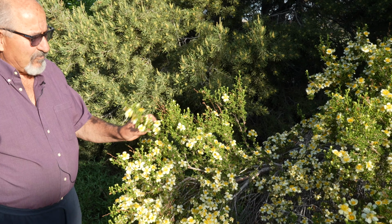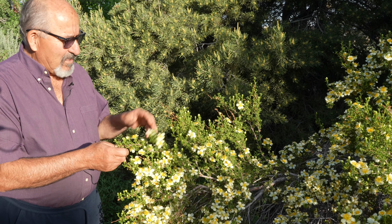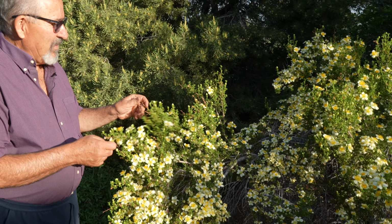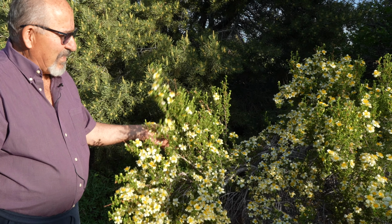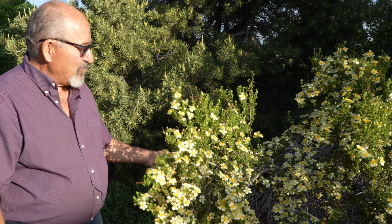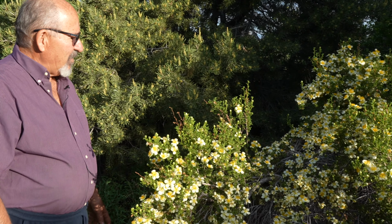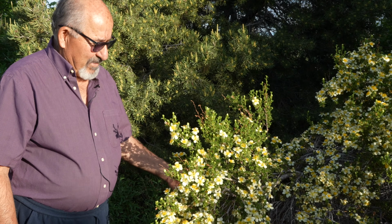You can see it's kind of like a rose, but it's totally not spiny. And the other thing that's so wonderful about this is that the leaves are incredibly aromatic. This is just a fantastic plant, and it's so sad. In Denver, I've only seen this in 2 or 3 gardens, and yet it's one of our most beautiful native plants. And it's the sort of thing that ought to be used in median strips and all sorts of places,